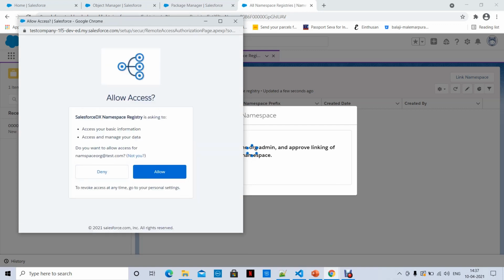Now see here, it is asking, right? Allow access to your basic information, access and manage your data. Do you want to allow access for this one? Yes, allow access. Salesforce DX namespace registry is asking. Okay, allow simply.